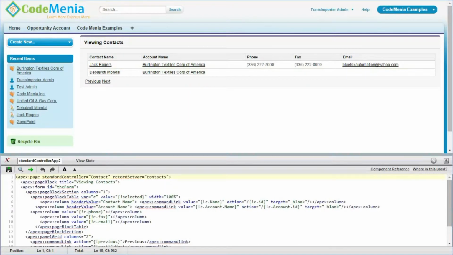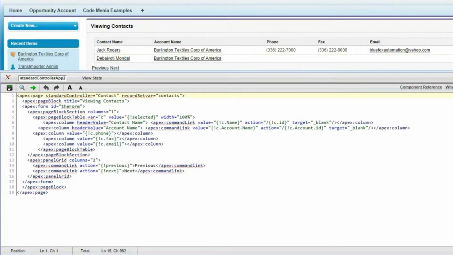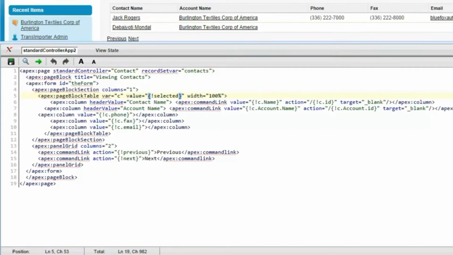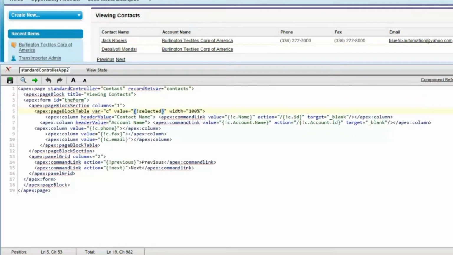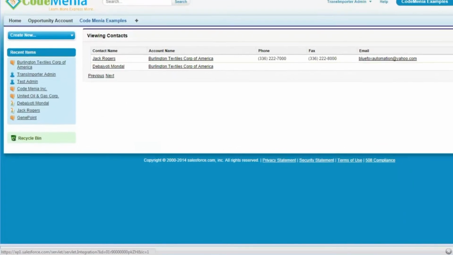Now how this has been developed here: the records selected into the related list will be stored into this record set var, which is a list of this current standard controller, that is contact, and this value in the page block table will fetch the records from the record set var which are selected and will display only those selected values.